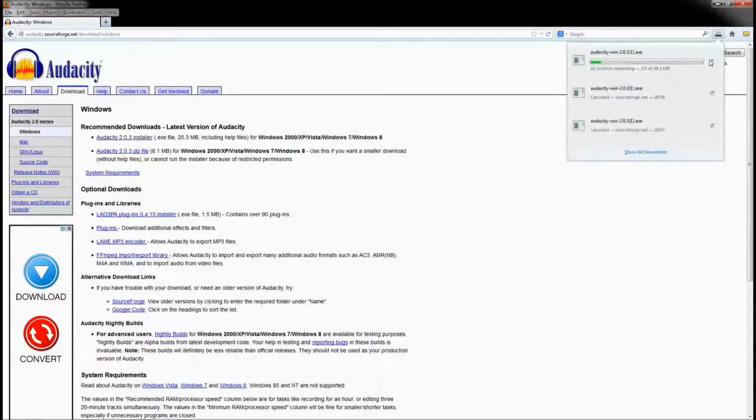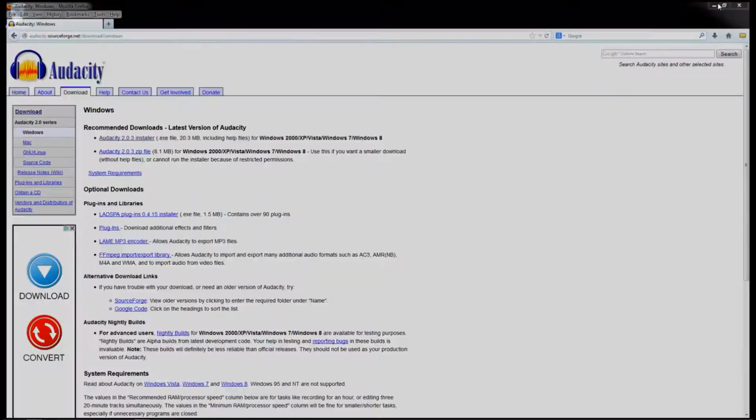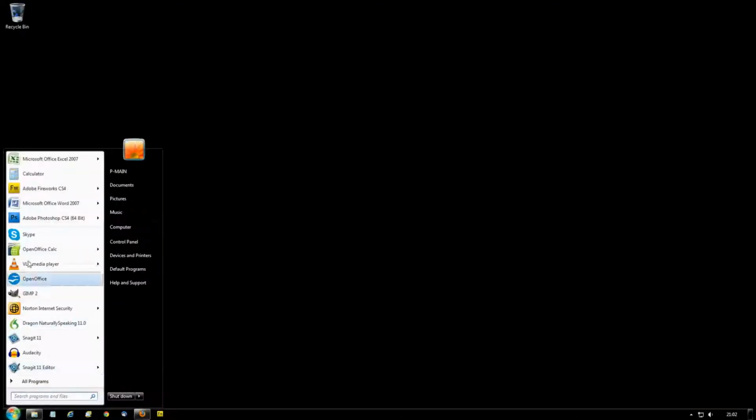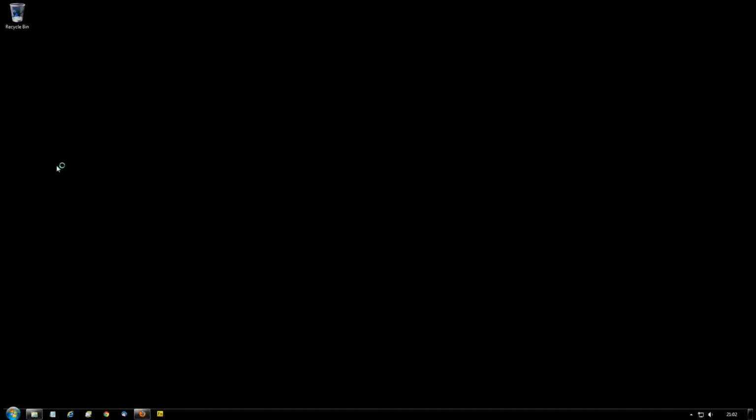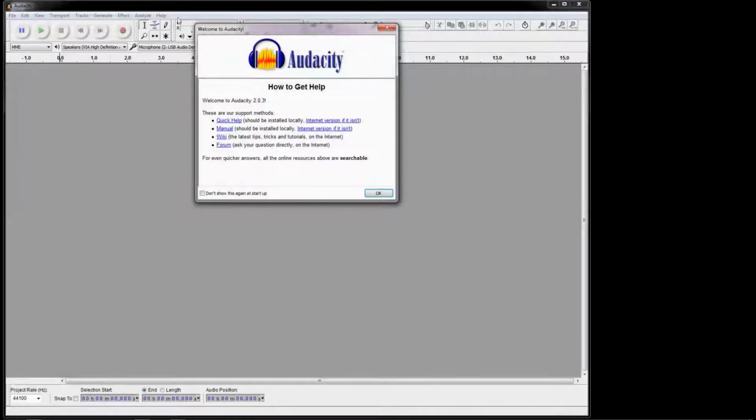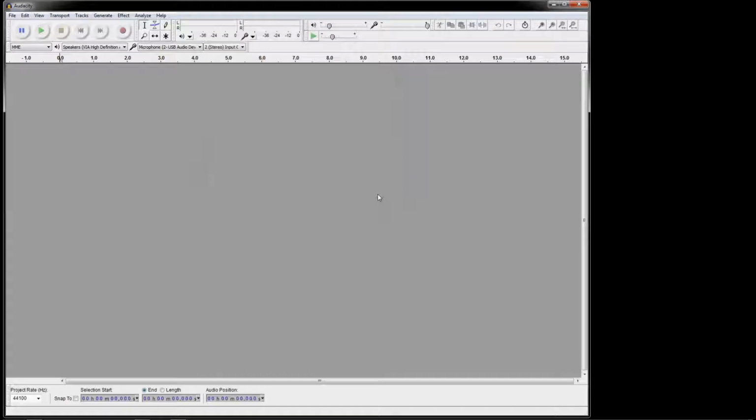I've already downloaded this application already, so I've got a few versions listed here. So I'm going to stop the download. Once it's finished downloading, launch the application and install it on your computer. It's a pretty straightforward process, and as soon as you've got that application installed, you can go ahead and launch it. So here you can see, if I go to all programs, you see Audacity is listed here at the top. I'm going to go ahead and launch the application,